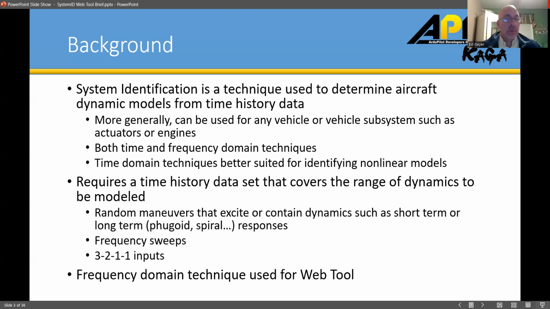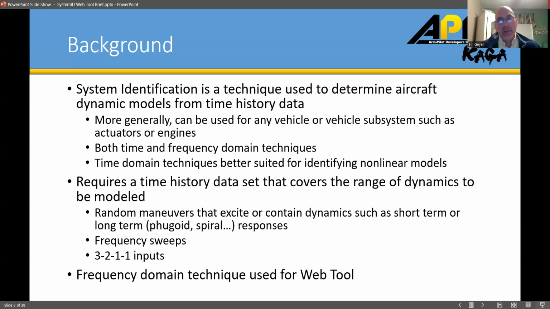This can be done with both time and frequency domain test techniques. Time domain techniques are better suited for identifying nonlinear models, whereas with the frequency domain, as you'll see here, we're mainly using this to identify a linear model, meaning